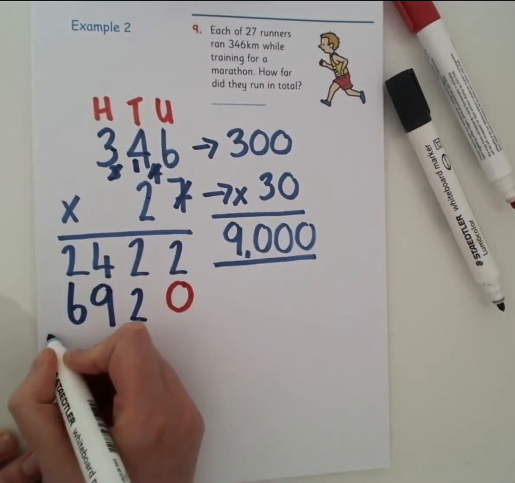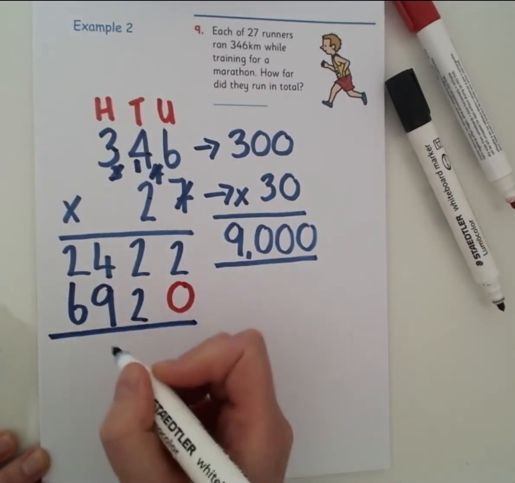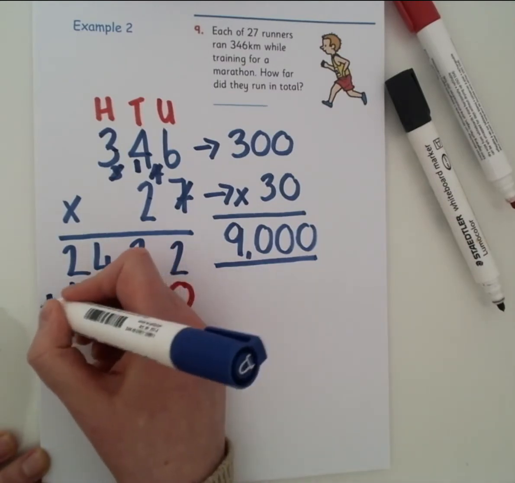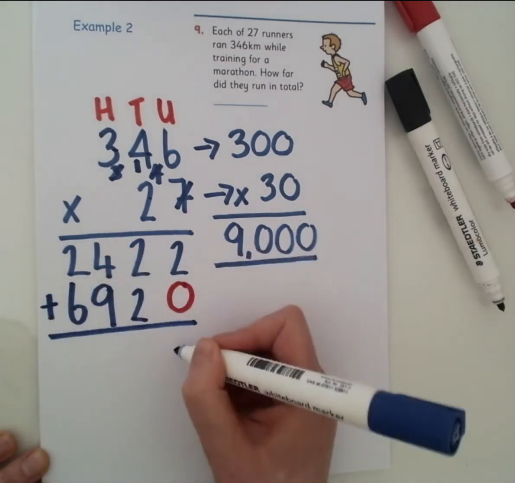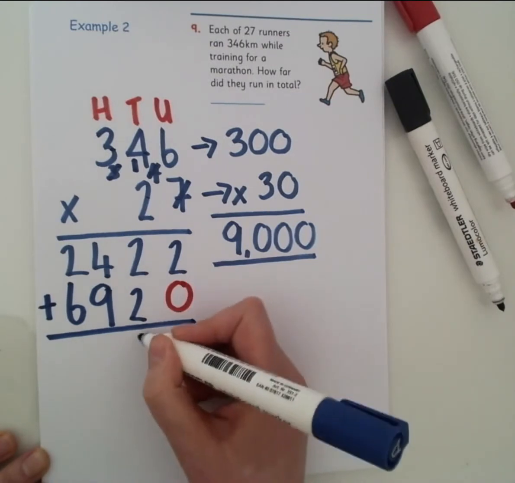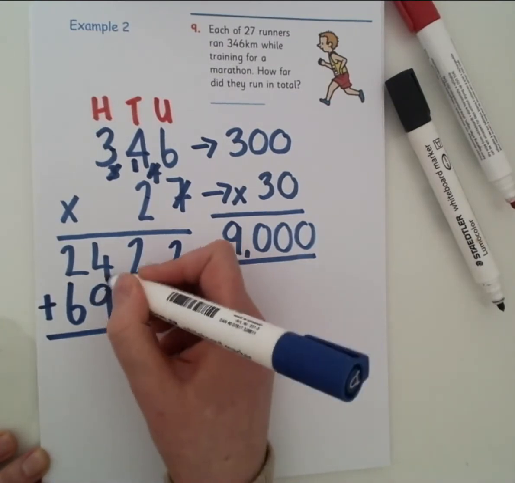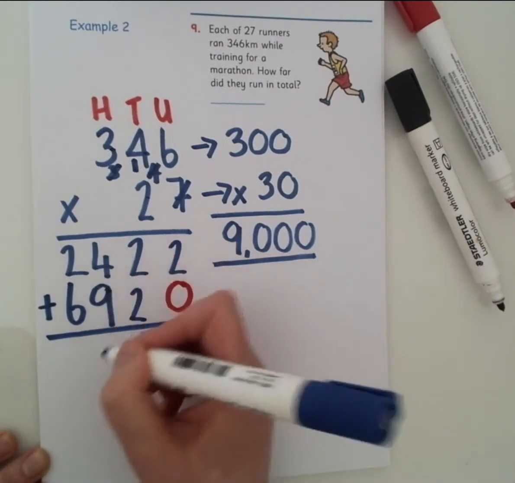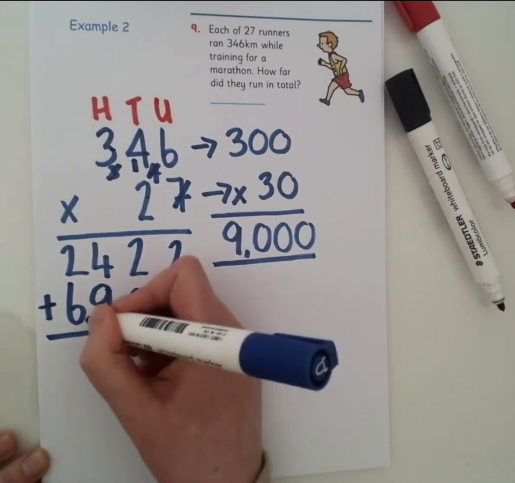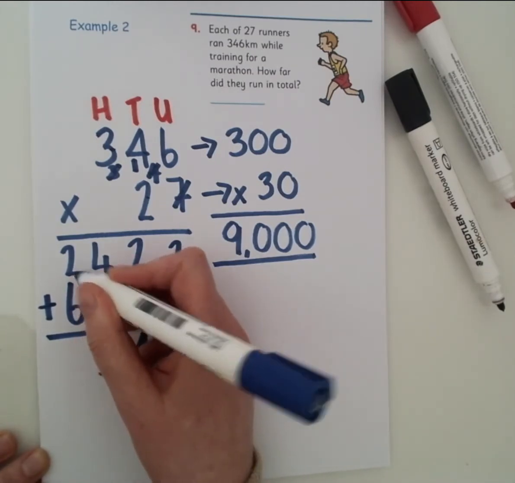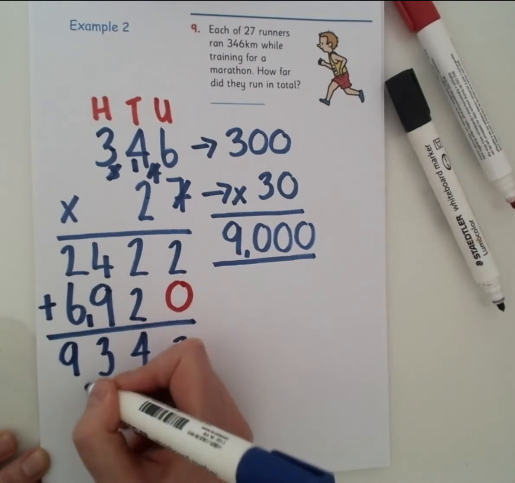And my last step in multiplying by a 2-digit number is add the two answers together. 2 plus 0 is 2. 2 plus 2 is 4. 4 plus 9 is 13. Put down my 3, carry my 1. 6 plus 2 is 8, plus 1 is 9. So my answer is